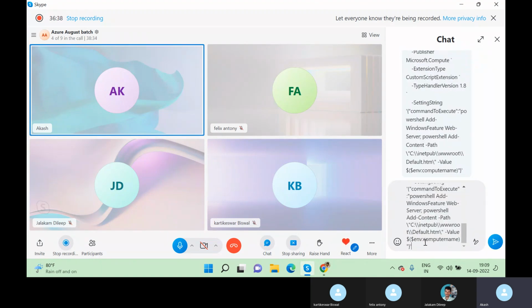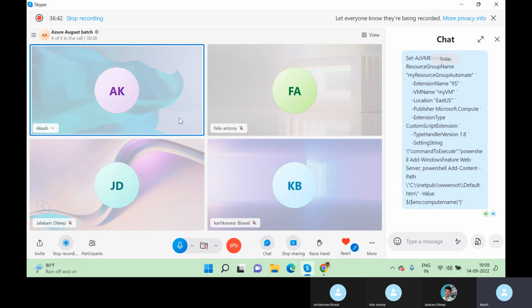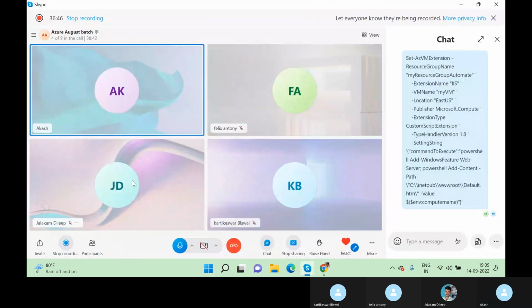You can just use the script and create the website and then try to access the website via private IP. So this is pretty much what you need to do. Just give it a try. If you have any doubts,